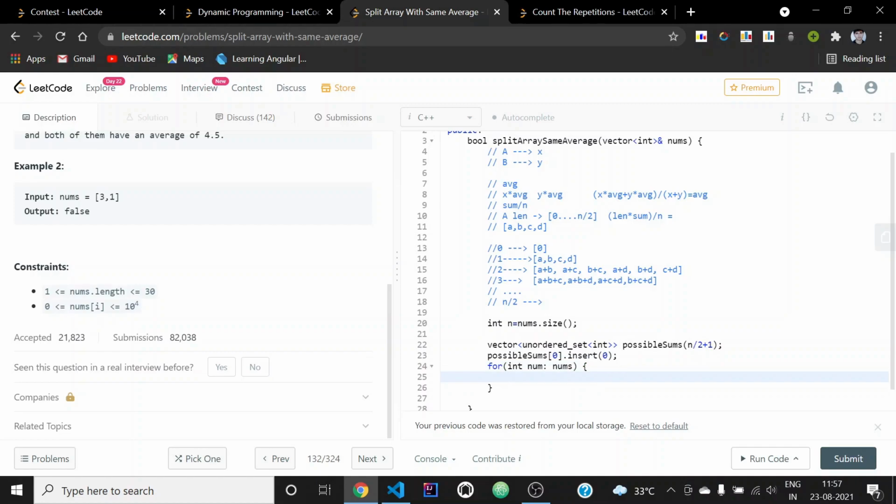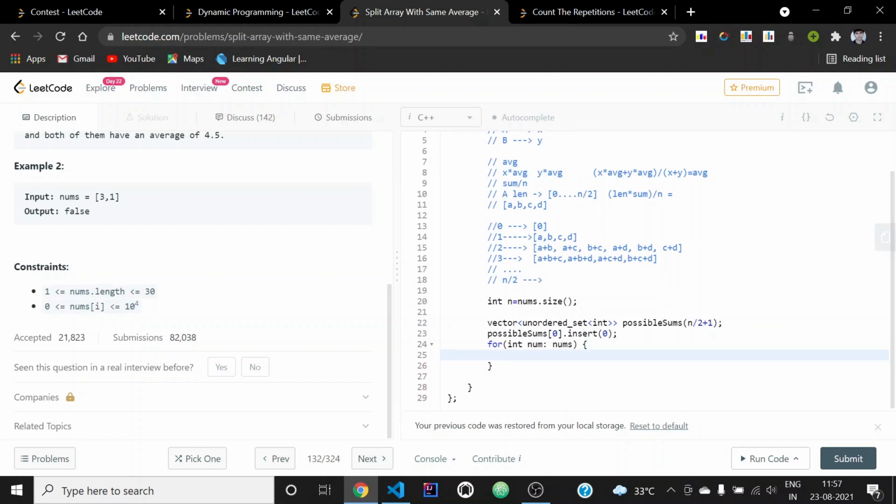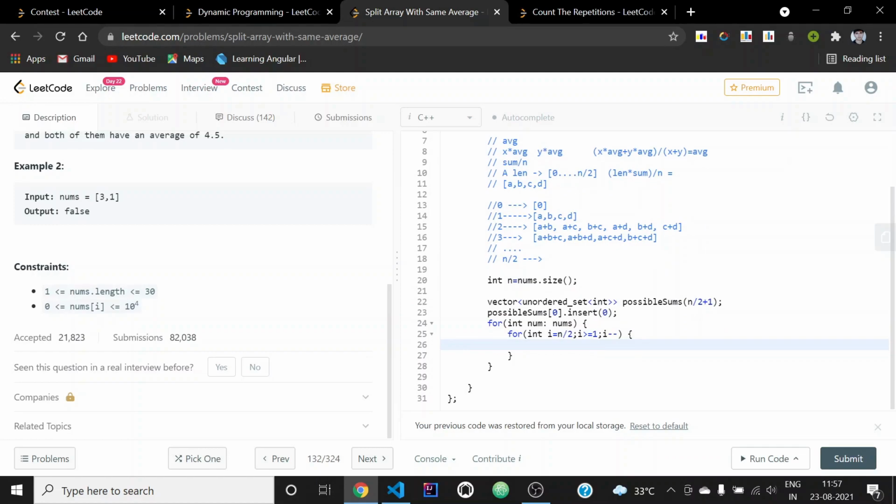For each number we will be iterating backwards to take all the elements of the previous set and add this num to them, and add all the elements to the current size combination. For that I will be using int i, which will be equal to n by 2, and this i will go till i equals 1.